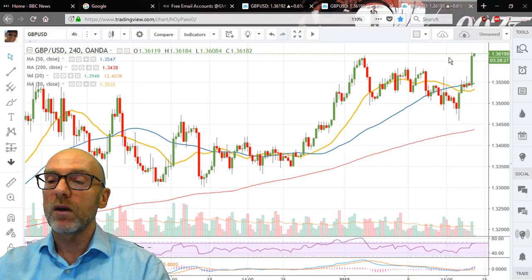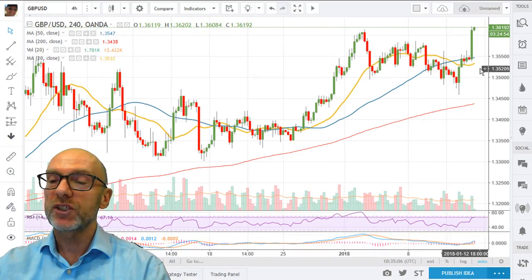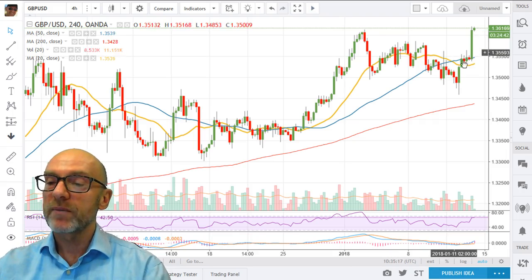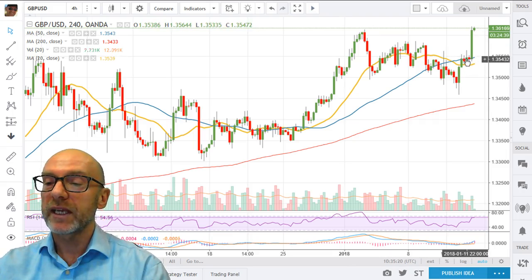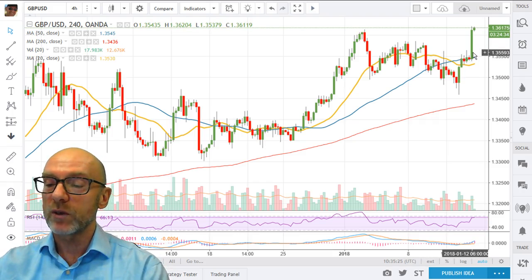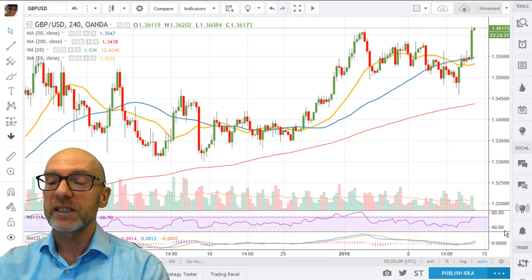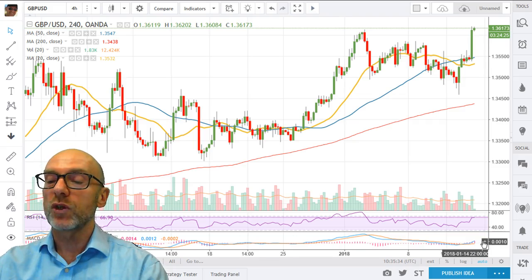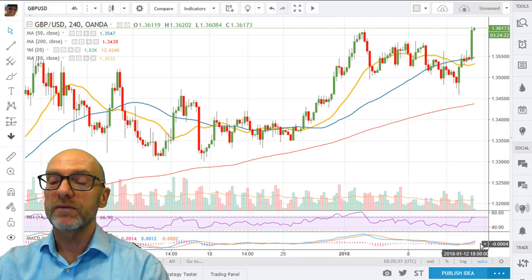On the 4 hour on the pound, again you can see that we've broken this downtrend, this flag that we had. It's broken above the previous high on the flag, which was from the 3rd of January, so that's positive. Also positive that there was a trampoline effect from the 50 average on this 4 hour chart. RSI again indicative of upside momentum, 66.9. MACD also positive. That will become more positive later this afternoon or on Monday when the longer term moves above 0. It's presently negative